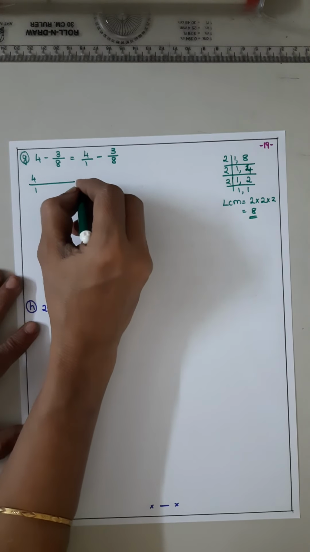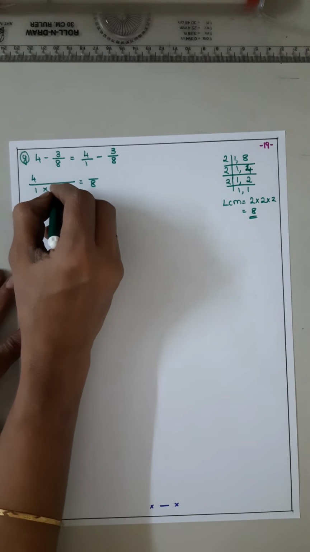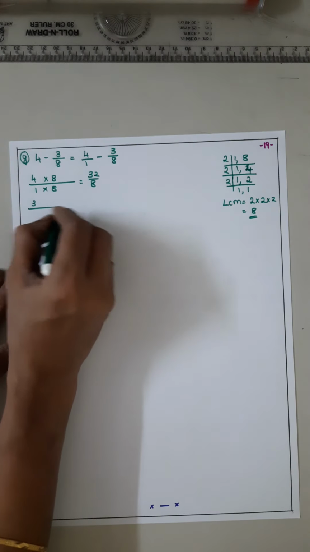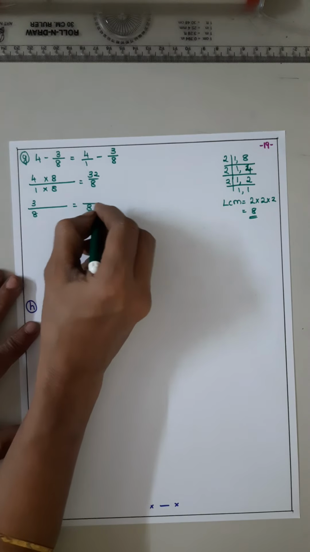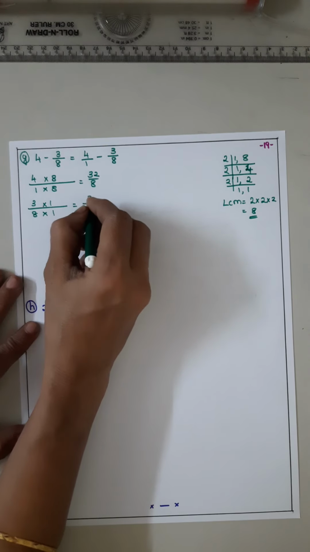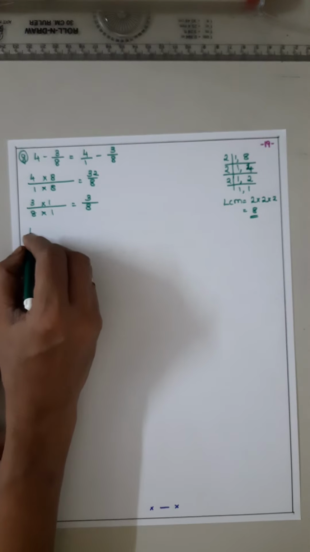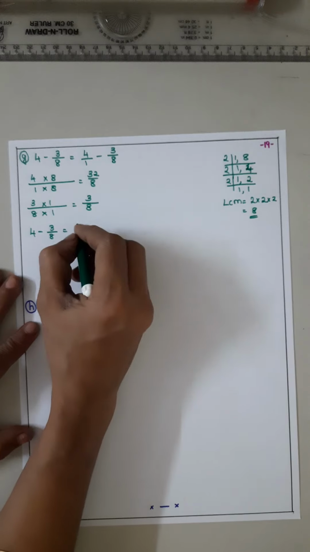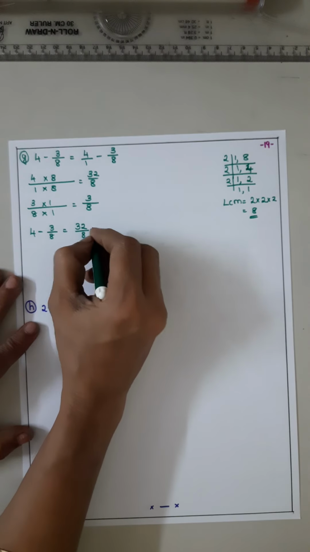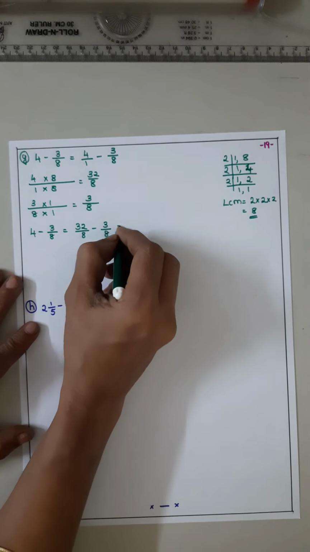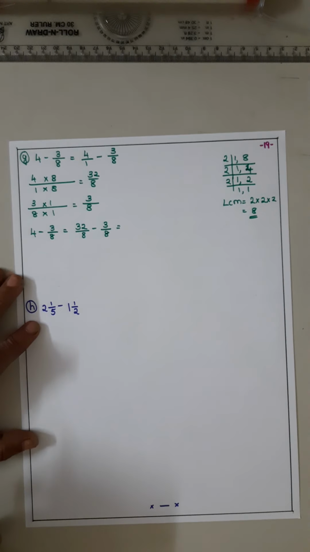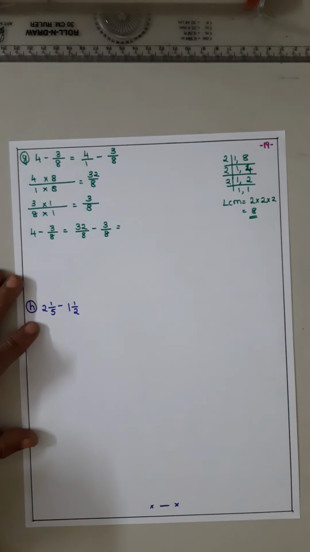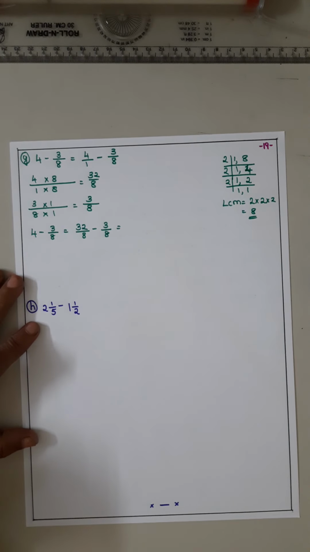4 by 1 8 में कन्वर्ट करो. 1 8 4 8 32. अभी नेक्स्ट है 3 by 8 8. सेम नंबर मल्टीप्लाइड बाय 1. 3 1s are 3. नाउ राइट द क्वेश्चन. 4 minus 3 by 8 is equal to 32 by 8 minus 3 by 8. कितना आया? 32. मतलब 2 minus 3. Not possible. 12 minus 3.